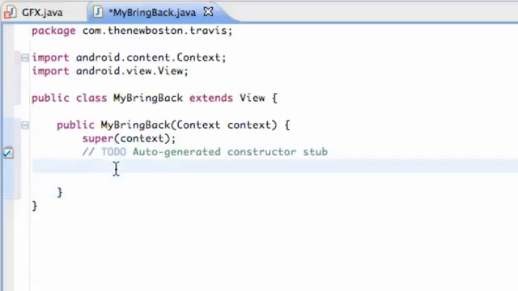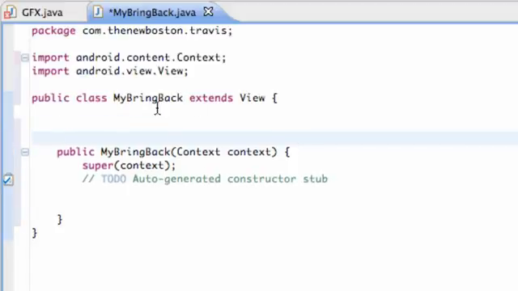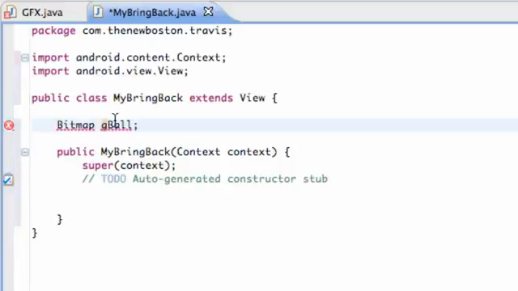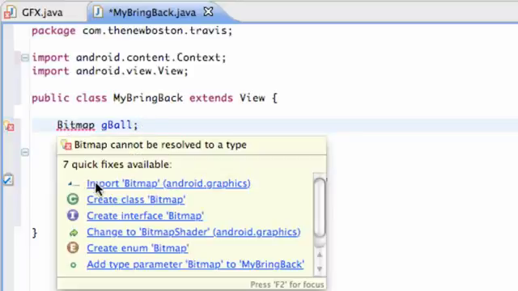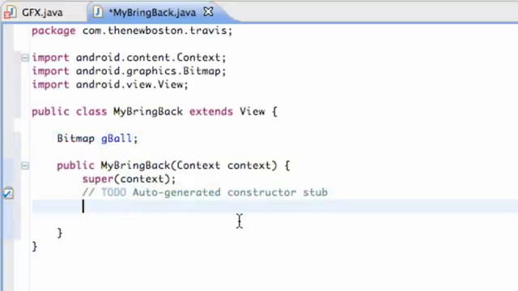So let's set up a variable. Well, first we want something that's going to be able to be used within our whole class. So we're going to say Bitmap, and we're going to call it gBall for green ball. And we aren't going to define it yet. We're just going to say, hey, there's going to be this variable, look out for it. And now within our constructor, let's define it within there. So we're going to say gBall equals,